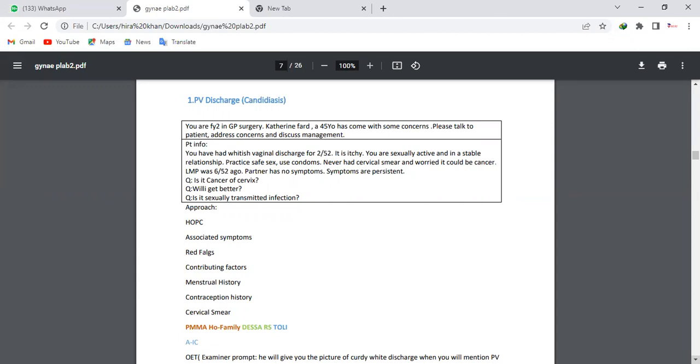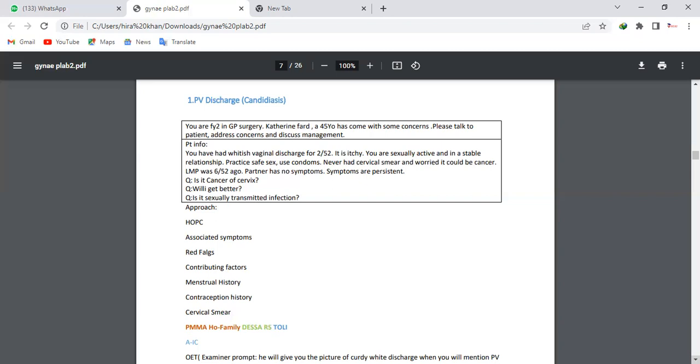Okay, no foul smell. And is it related to your periods or do you have it all the time? Well, yes, my last periods were 2 weeks back, and then afterwards it started. Okay, so it started right after your periods. Yes, doctor. All right. And do you experience any other symptoms associated with it, like vomiting or nausea, or lower abdominal pain? No, not anything that I can remember. Or burning micturition? No, doctor.